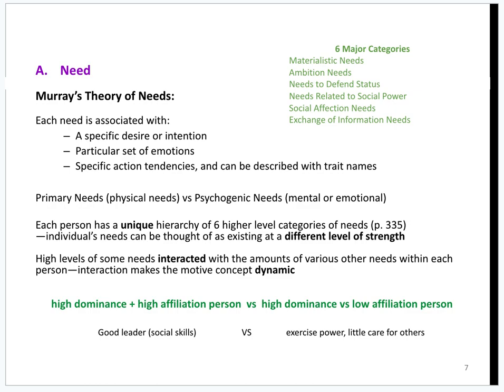But they're also high in affiliation, which means they're going to have the social skills and certain emotional intelligence, be able to read people's emotions. They're going to have empathy for people's situations: who is struggling with the project right now, who may need extra help, who's doing well, and they're going to have good relationships with their team. The team feels that the leader cares.